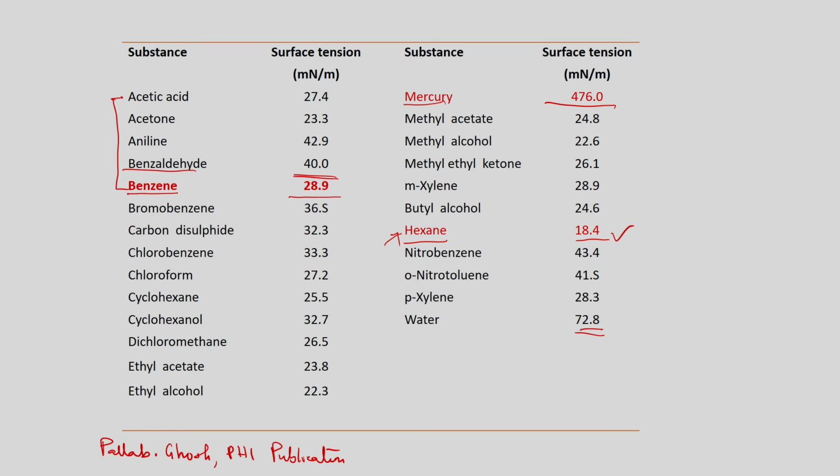So, water is 72.8, and if you see water plus benzene, suppose you mix water and benzene together. Is it soluble? No, it is not soluble in each other. You know that very well, aromatic compounds are not soluble, neither is hexane. Suppose you mix water with hexane or water with benzene. If it is not soluble, it means you will have two phases. Let us say you have a benzene phase, benzene is lighter, so it will be above, and this is the water phase.